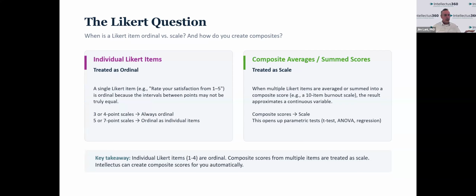So, individual items, let's talk about, and people get hung up on this, a Likert type, and I think the correct pronunciation is Likert type items, ordinal or scale, okay? So, the rule of thumb is this. If your Likert type is 3 to 4 points, and you're just using that one variable, okay, keep it as ordinal. If, however, it's 5 to 7 points,